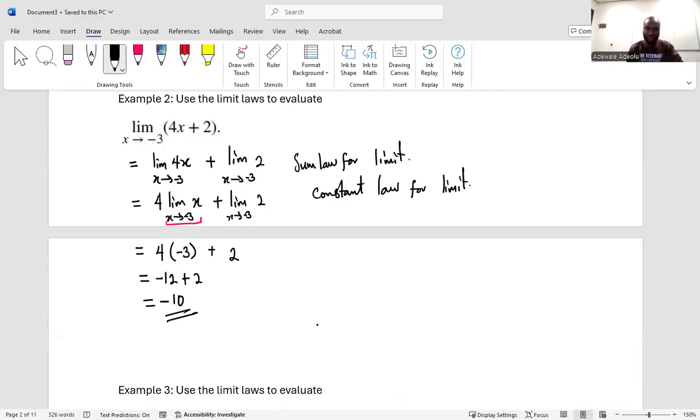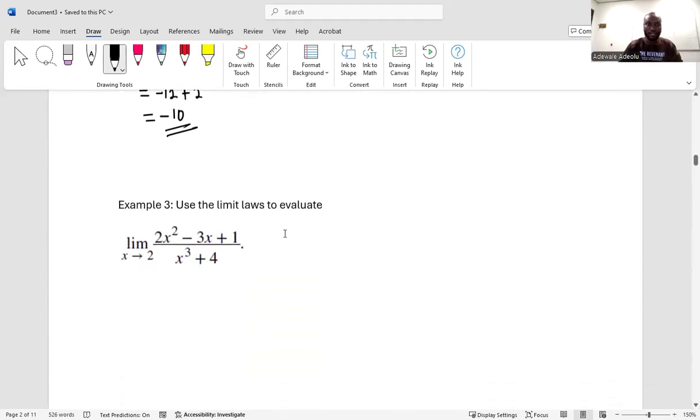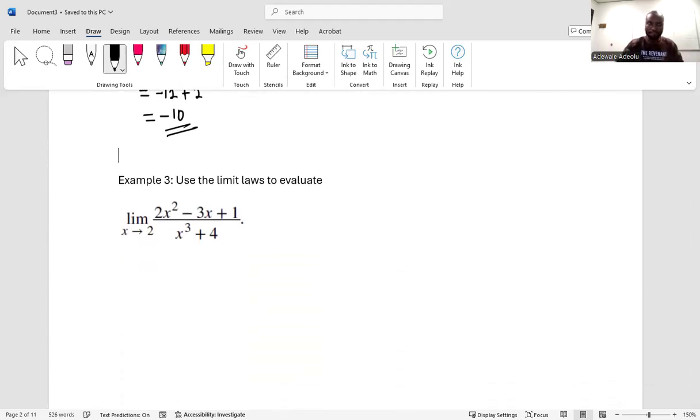So here we used the basic limit law. So that is what we use. Let us look at